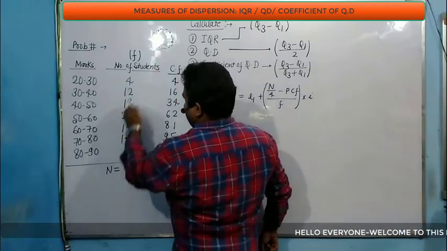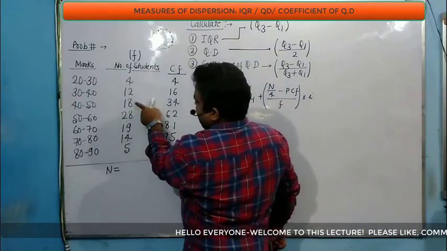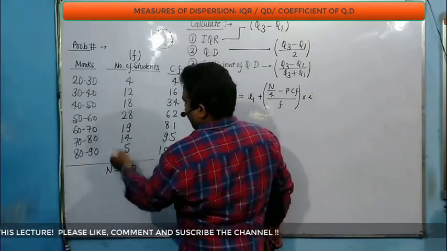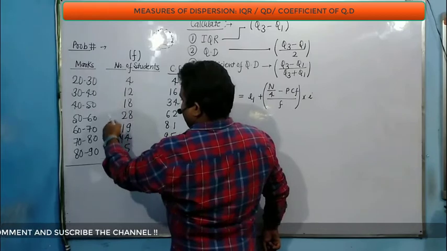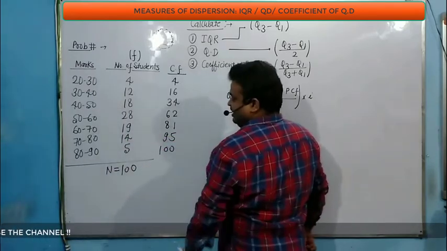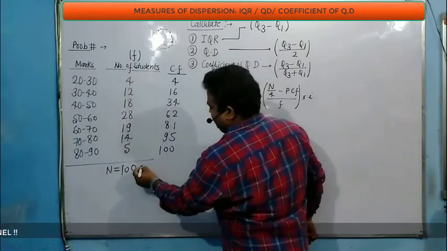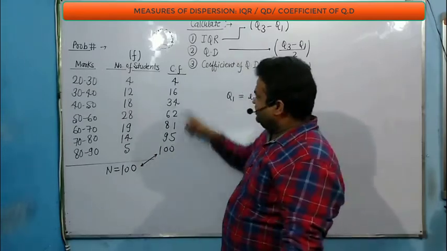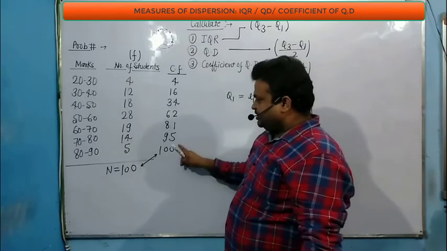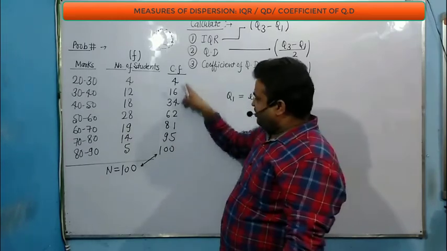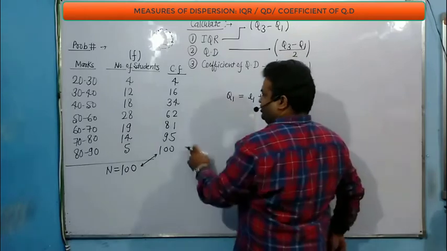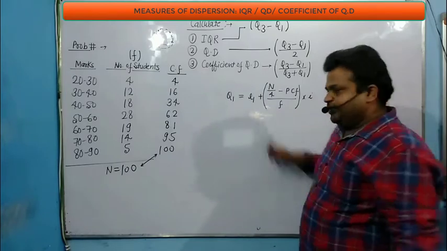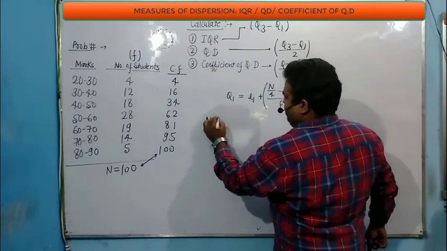If you add all these values, the sum is 100, and the final cumulative frequency value is also 100. You must make sure that these two values remain the same. If there is any difference in calculation, cross-check and verify your cumulative frequency. Once you calculate the cumulative frequency, the final value must equal the n value. Now, an important note.